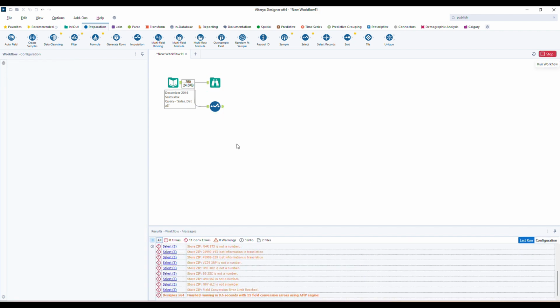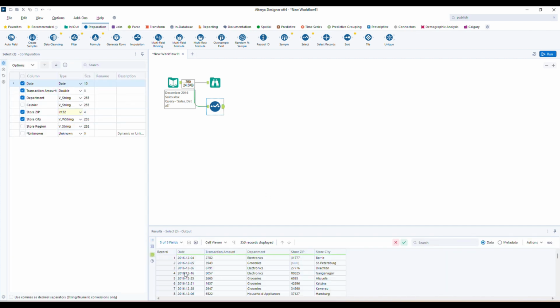And now you can get the details. If you click this output anchor, we can call it the output anchor. And in the result set window, you have got only the columns which I have chosen above. So only these required columns are going to populate in our workflow. And by using this select tool like this, we can change the type and size. Now we will see the sample tool.